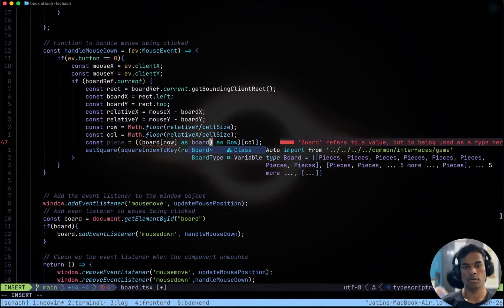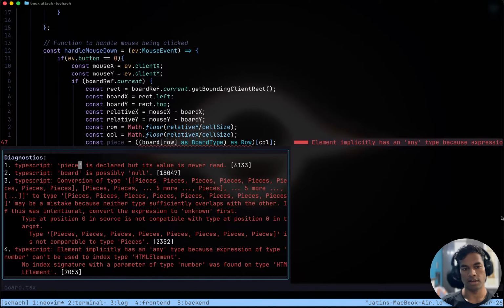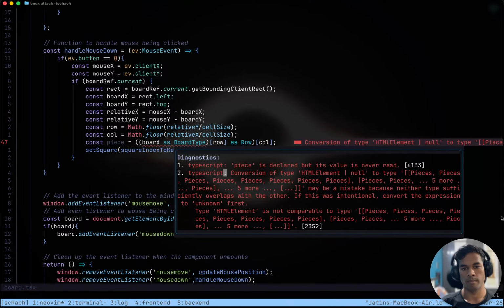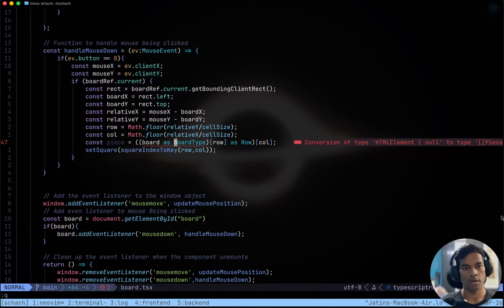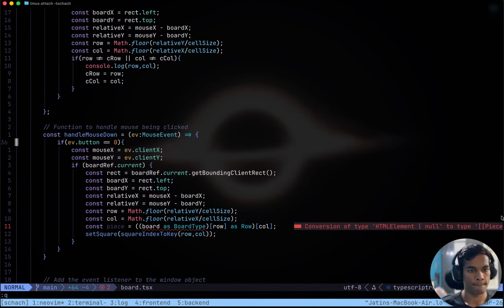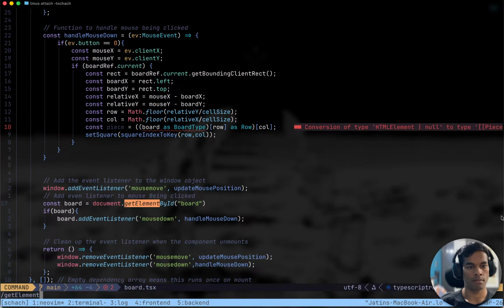As board type, and piece is declared, but that is fine. Board is possibly null. Okay, we have two boards to refer to. Get element by ID.